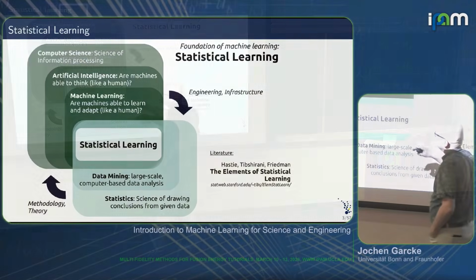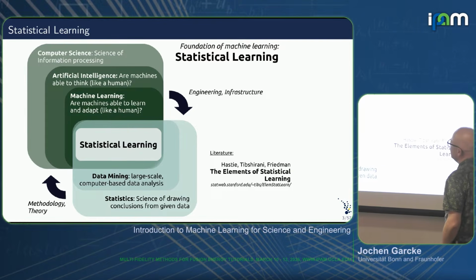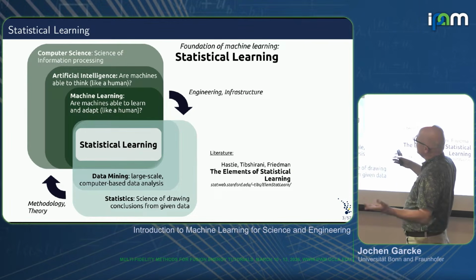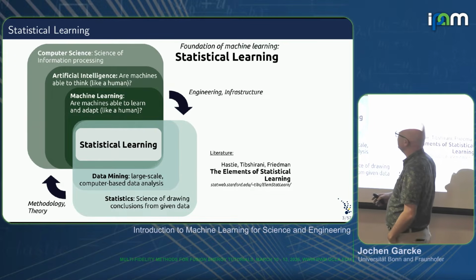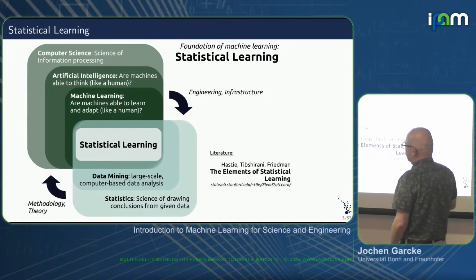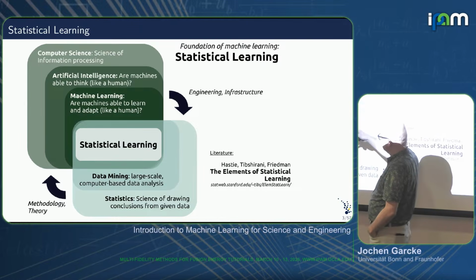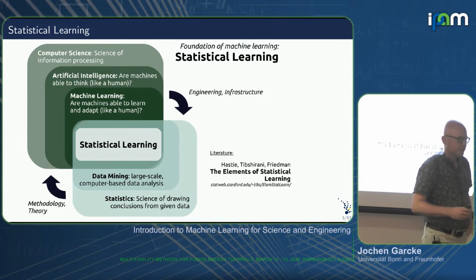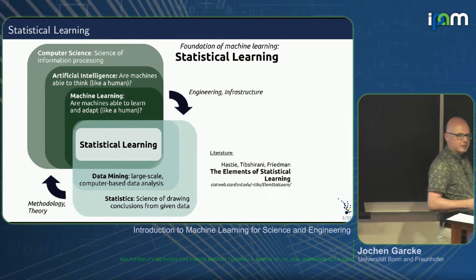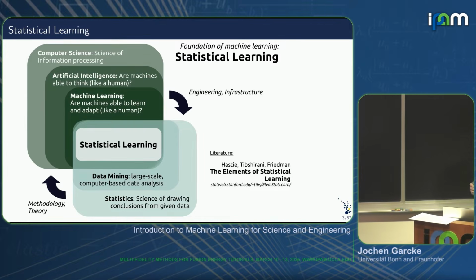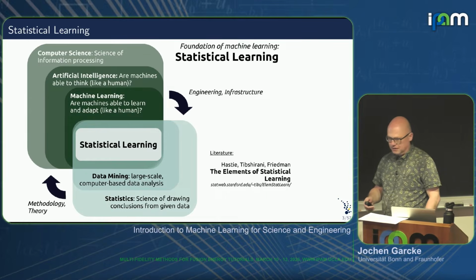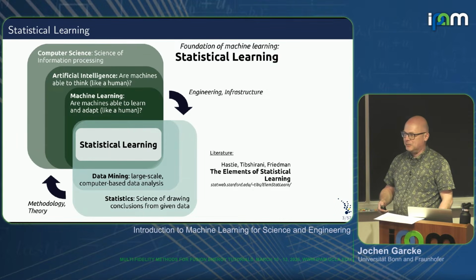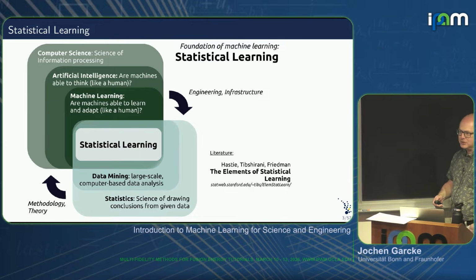AI, however one wants to define it: is a machine able to think like a human? But to be intelligent, maybe first it should be able to learn. So that's why machine learning: is a machine able to learn? And under the hood, in some sense, they all are based on ideas from statistical learning. So these are the concepts one needs to worry about to avoid pitfalls in interpreting results and not overestimating the prediction quality.